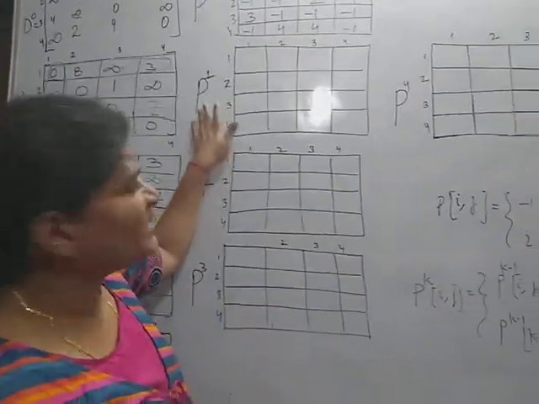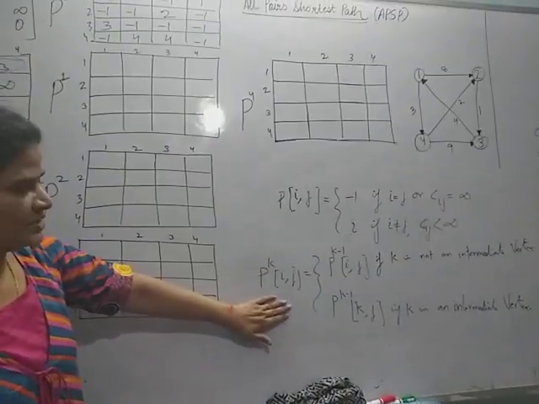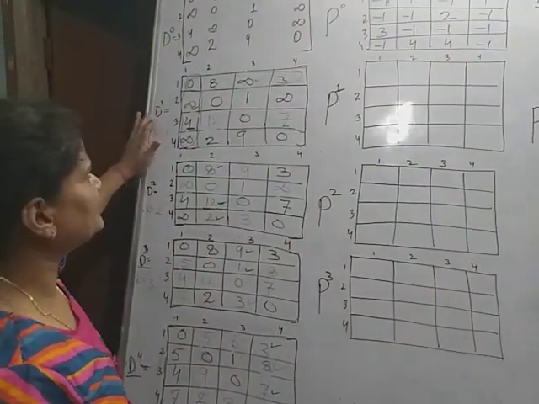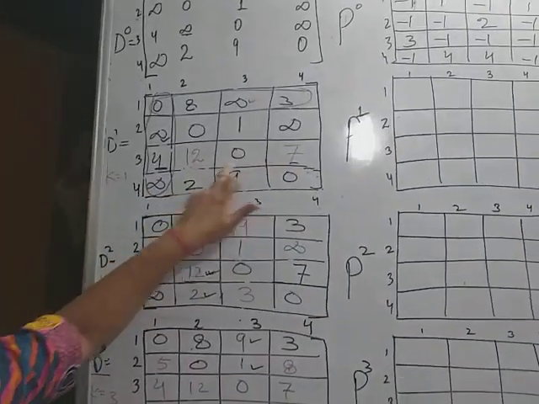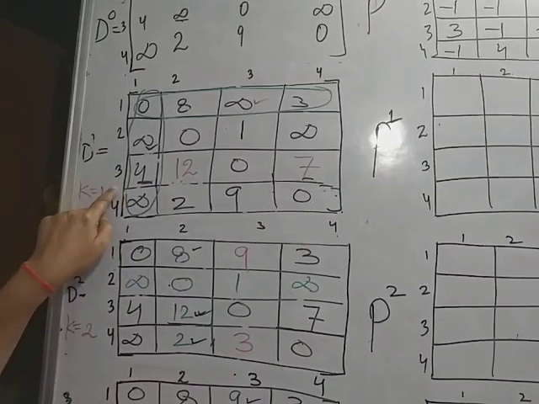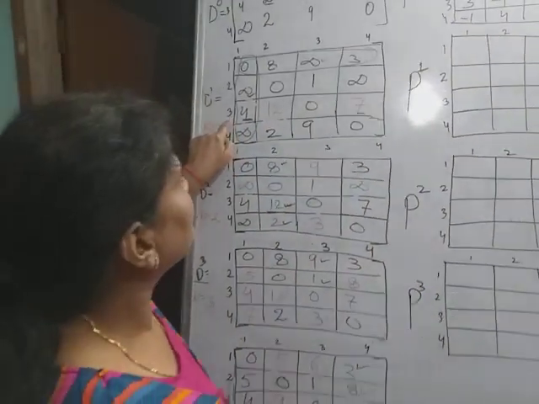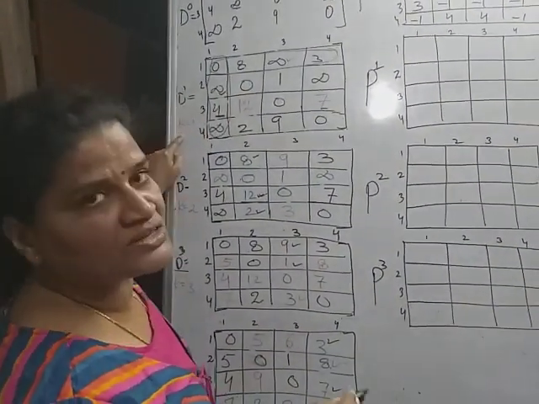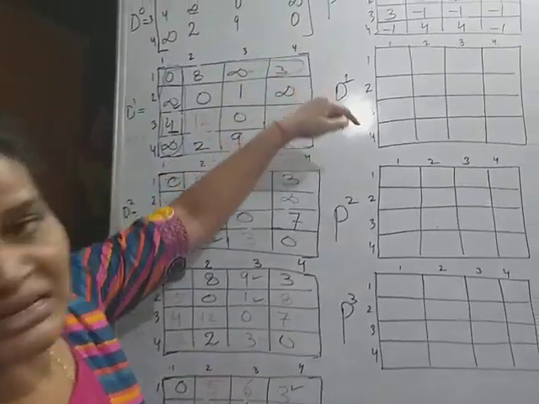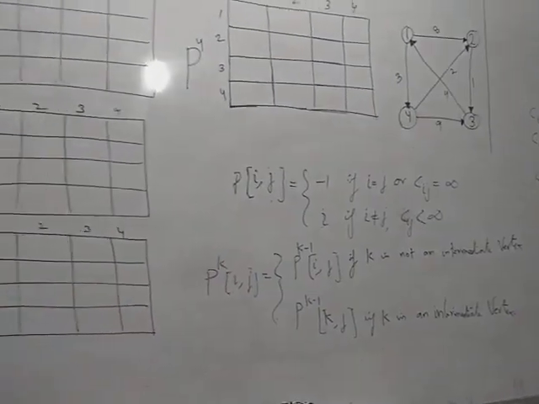Now P1 will be generated from P0 with this equation. See D1, the entry with the red marks. It means that when we consider the path from 3 to 2, it has been updated, so k is an intermediate vertex in the path 3 to 2. Only for these two entries will the path matrix be updated according to this formula, and all other entries will be the same.